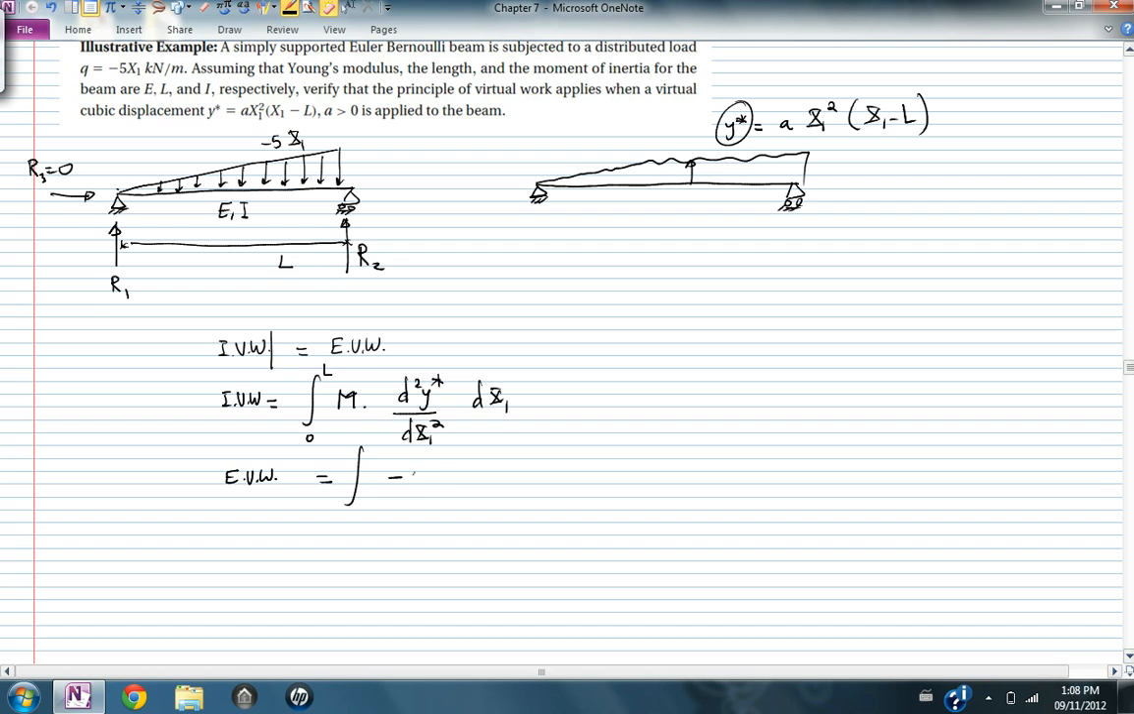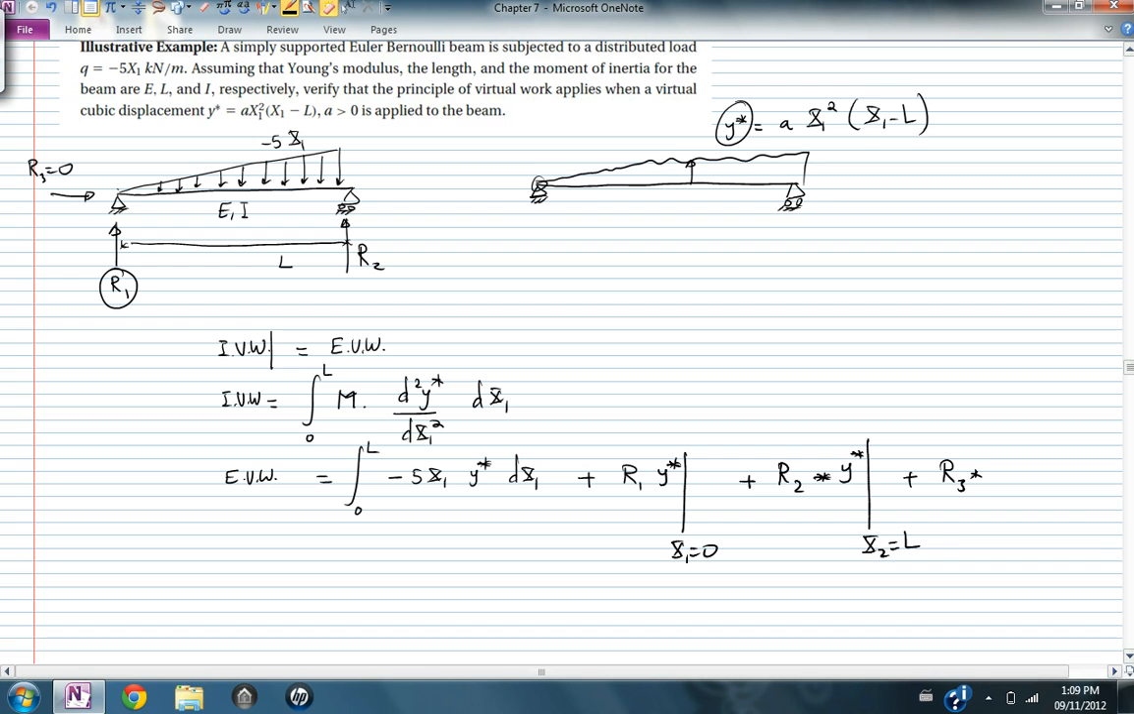So the first one is negative 5x1 integrated over the length of the beam, multiplied by y star, integrated over the length of the beam. So this is due to the distributed load, plus, now this is a concentrated force, multiplied by the corresponding displacement, so R1 multiplied by y star when x1 is equal to 0, plus R2 multiplied by y star when x2 is equal to L,